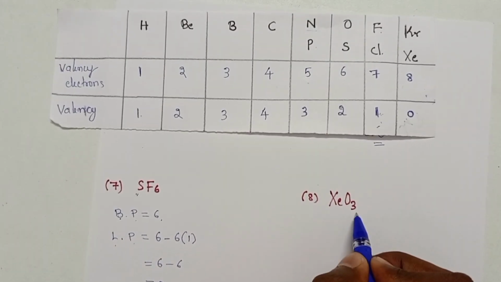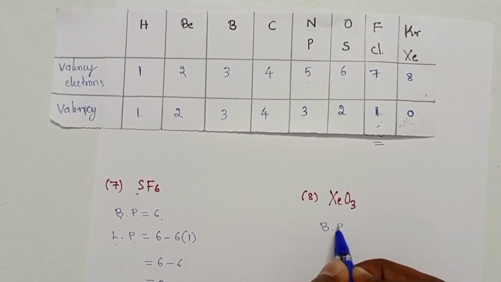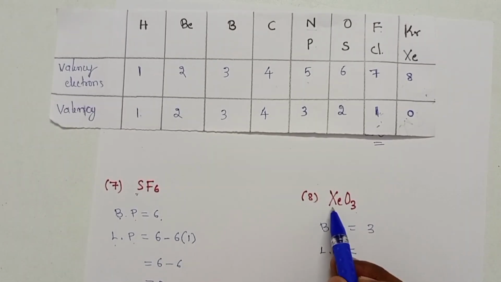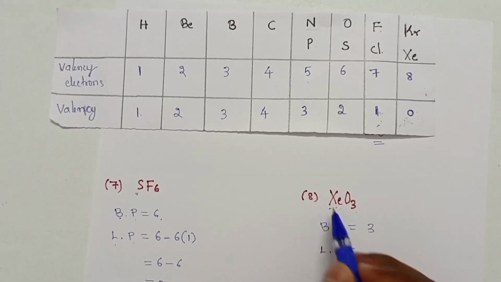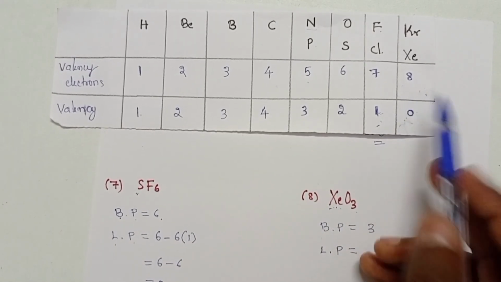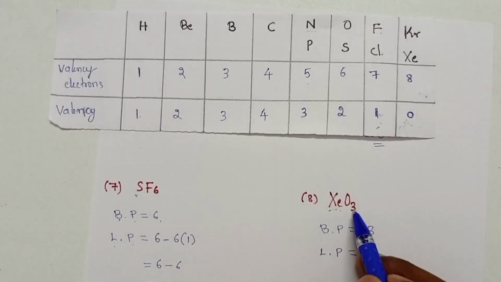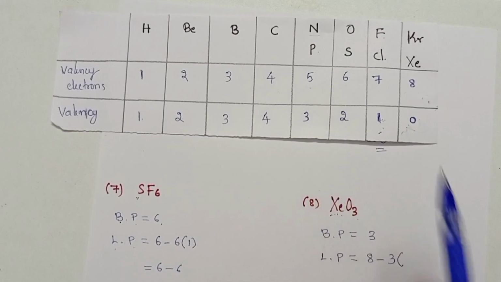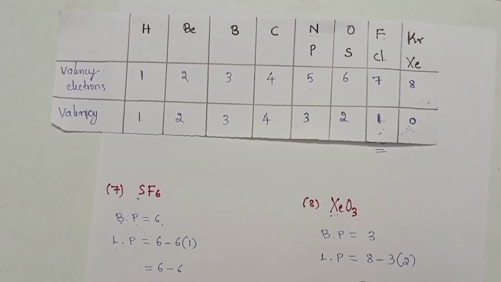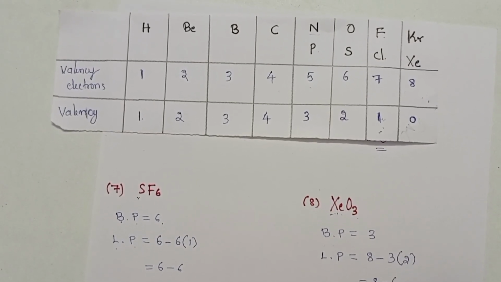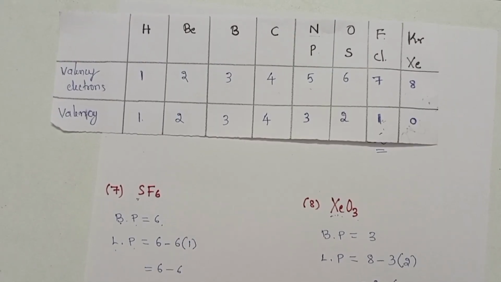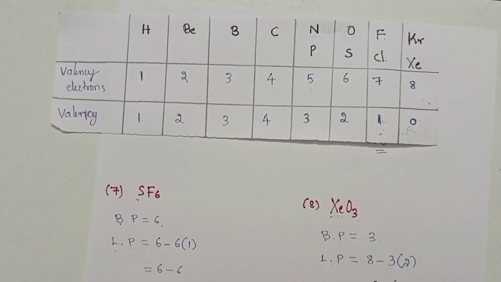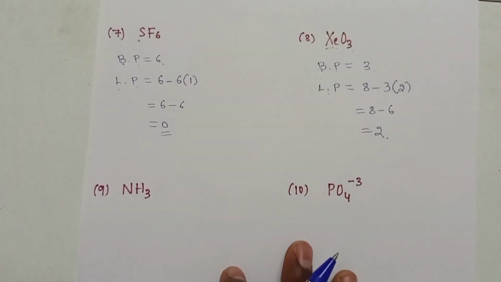Similarly for XeO3, the number of bond pairs is equal to how many? 3, right? For lone pairs, the central atom is xenon, right? So the valence electrons of xenon is equal to 8, right? So I will write 8 minus the number of surrounding atoms, which is 3, into the valency of oxygen. The valency of oxygen is how much? 2, right? I will write 2. Therefore 8 minus 3 into 2 is 6. Therefore 8 minus 6 is equal to 2. So in this compound, the number of bond pairs is equal to 3, the number of lone pairs is equal to 2. Okay? Next compound,